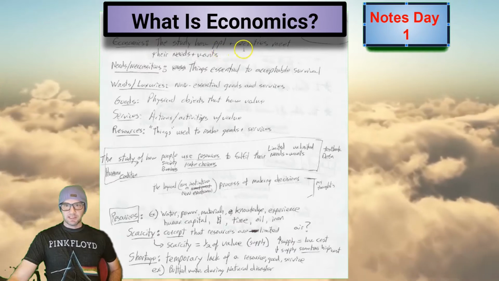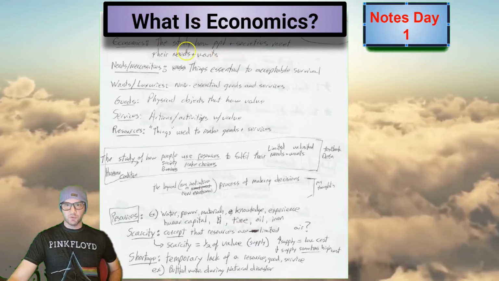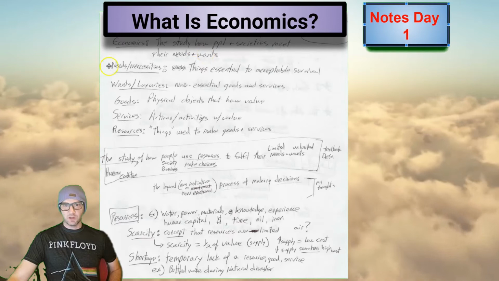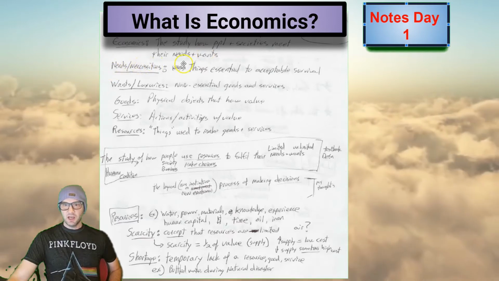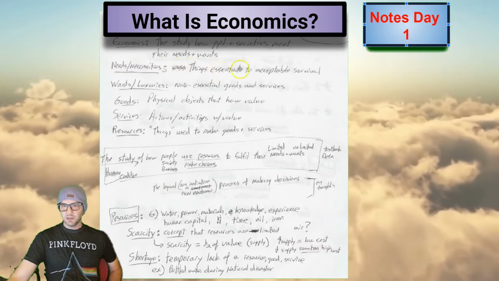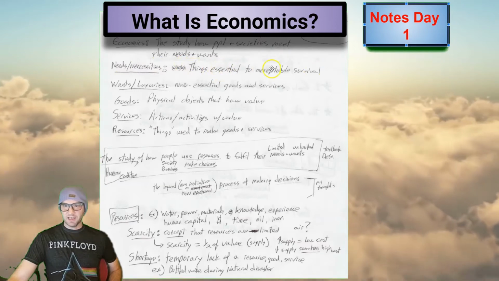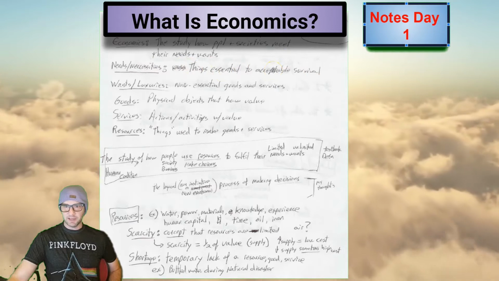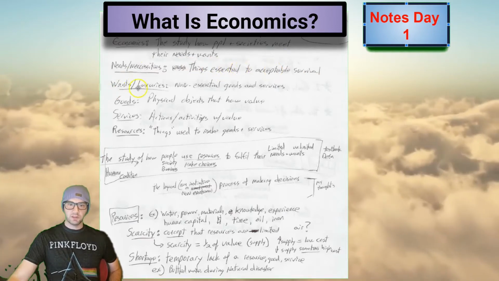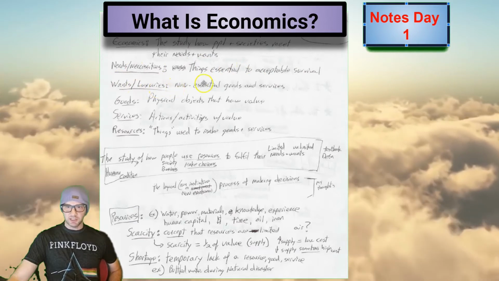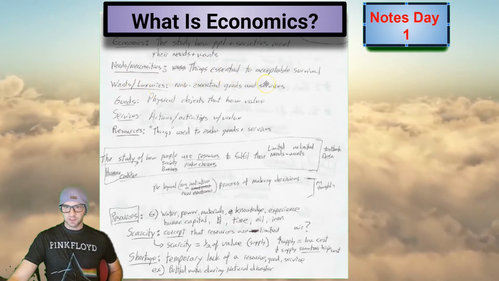In order to understand that simplest version, we have to then go into what are needs and what are wants. Well, needs, often also called necessities, are things that are essential to survival. And I add acceptable survival. We'll talk about that later, but things that are essential to living. Whereas your wants or your luxuries are non-essential goods or services.